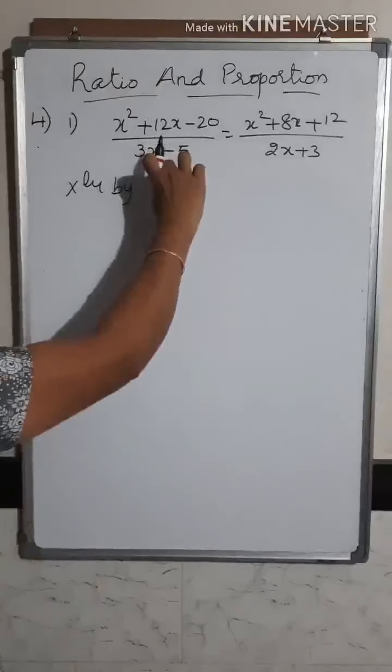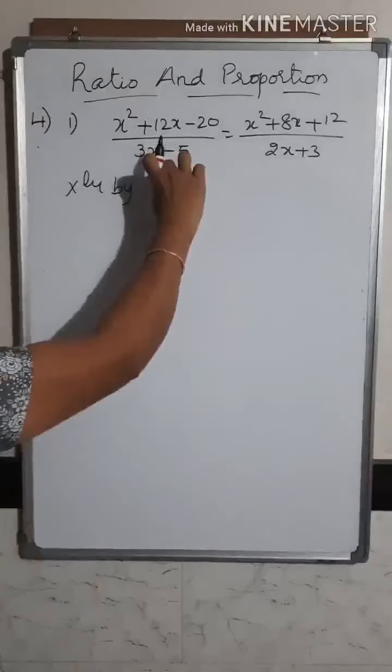So in the beginning itself you can decide whether x is a solution or not by substituting the value of x in the given expression. So when you substitute x as 0, this becomes 0, this becomes 0. So the only value left is 63 upon 12. And the other side you will get 3 upon minus 5, where it is not equal. So therefore x is equal to 0 is not a solution. So which is the other value of x which satisfies this equation, which is the solution of the equation?